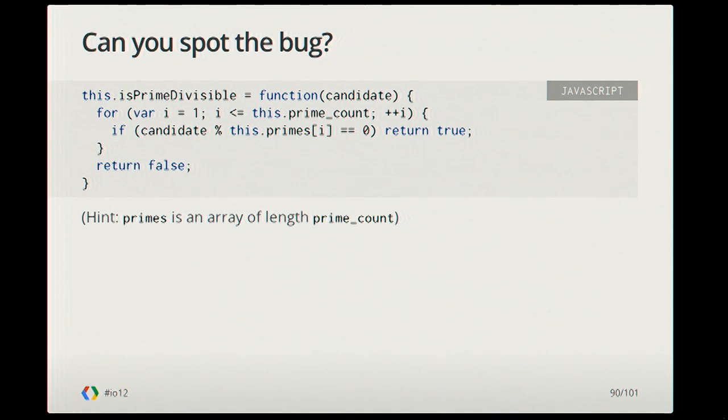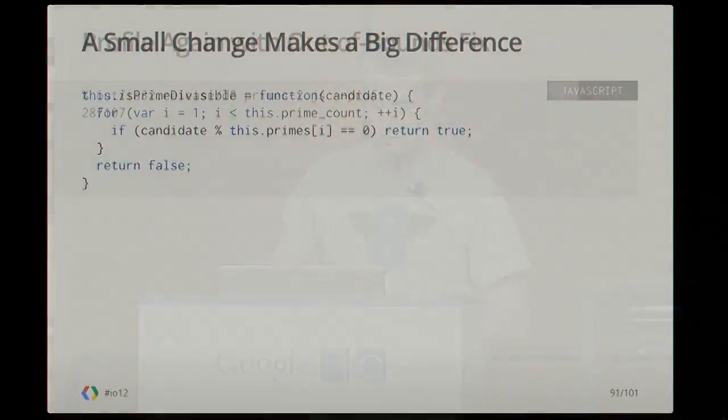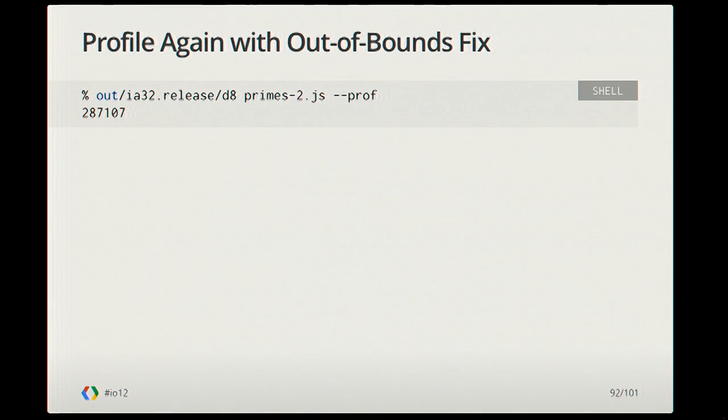The hint is that our array is only of length prime count, and we've actually exceeded the end of the array in our calculations. And in both the C++ and JavaScript versions, it doesn't make a difference in the results. This is the thing you've got to watch out for: even though you don't see a problem in the results, the program's a lot slower than it needs to be. So let's fix that. Let's not do an out-of-bounds array access, and we'll rerun the profile